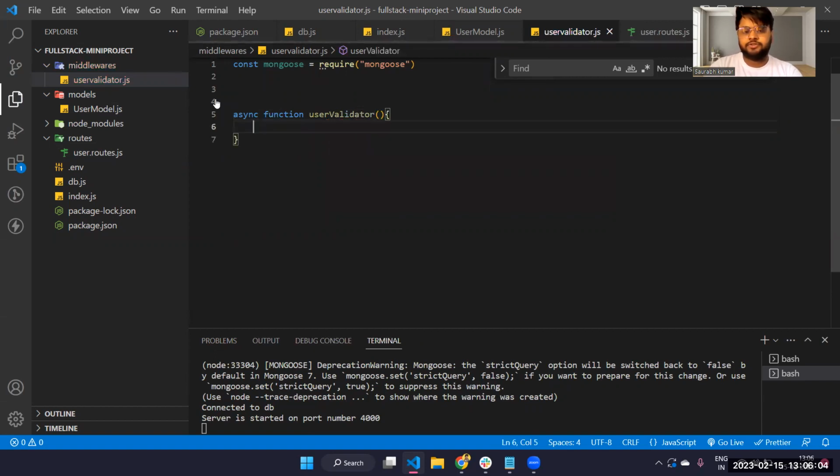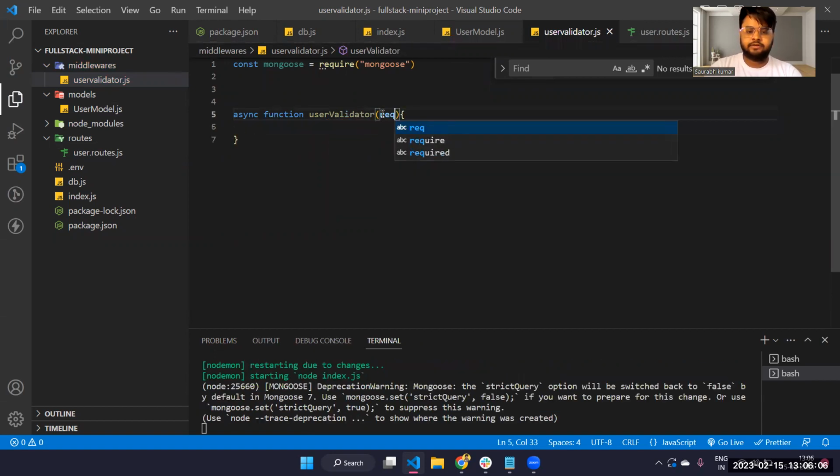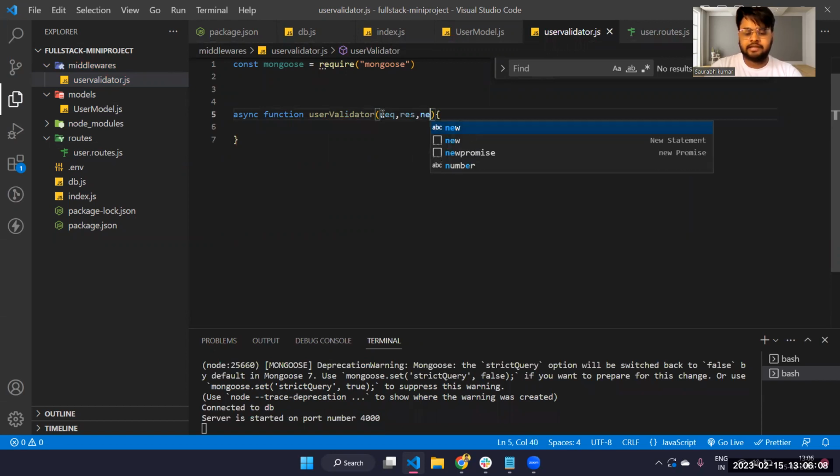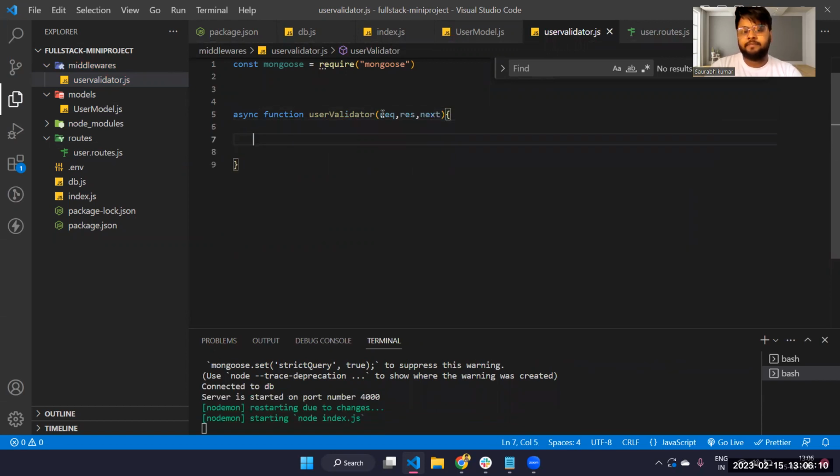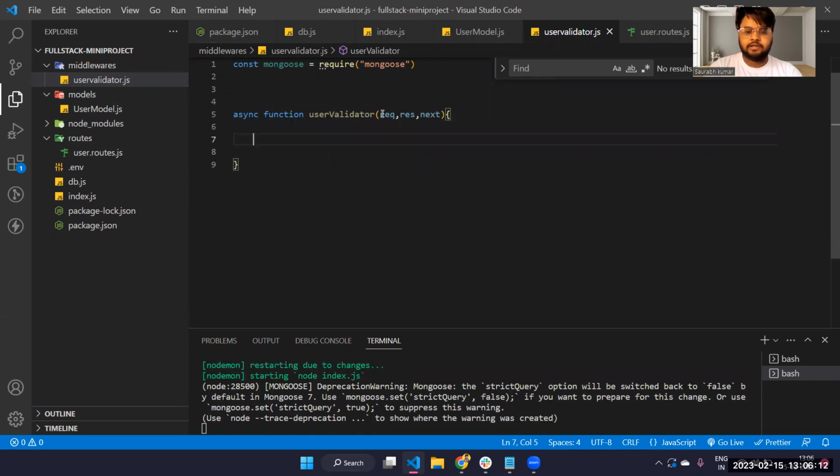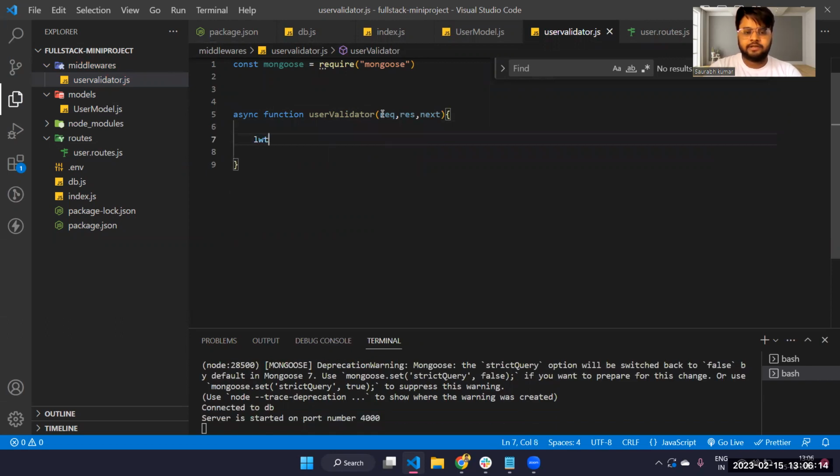It is going to take request, response, and next. Okay, and it will check, like, let data